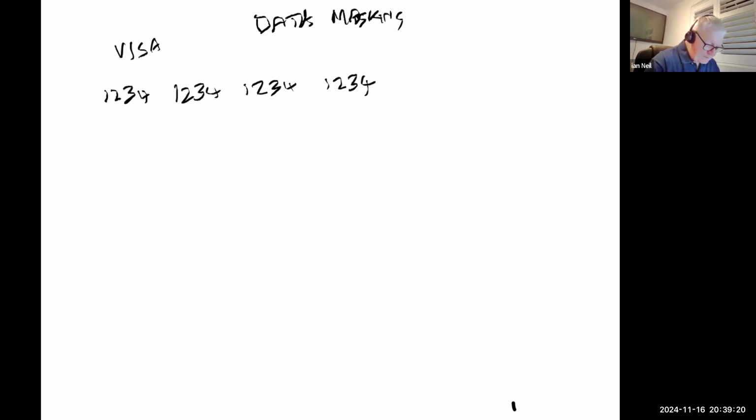And what masking does is it masks the first 4 numbers, the second 4 numbers, the last 4 numbers, and what you do here, in here, you only see the last 4 numbers.